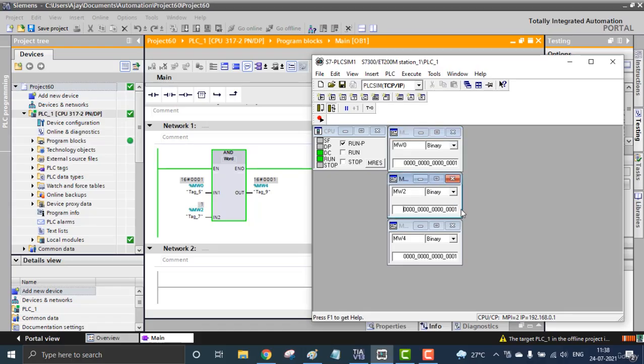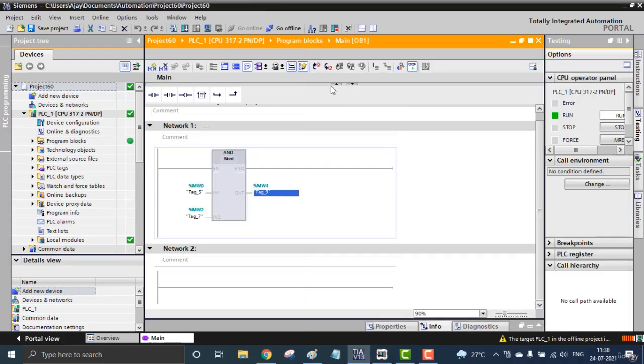So here also 1, and now we are getting 1 1 1, we are getting 1 here. So you can see here I'm using 1 1 1 1, four ones right here, and no output right here, and I'm using 1 0 1 1. And see, wherever there is 1 in both inputs, we get the output on MW4. That is the word logic for the AND gate.